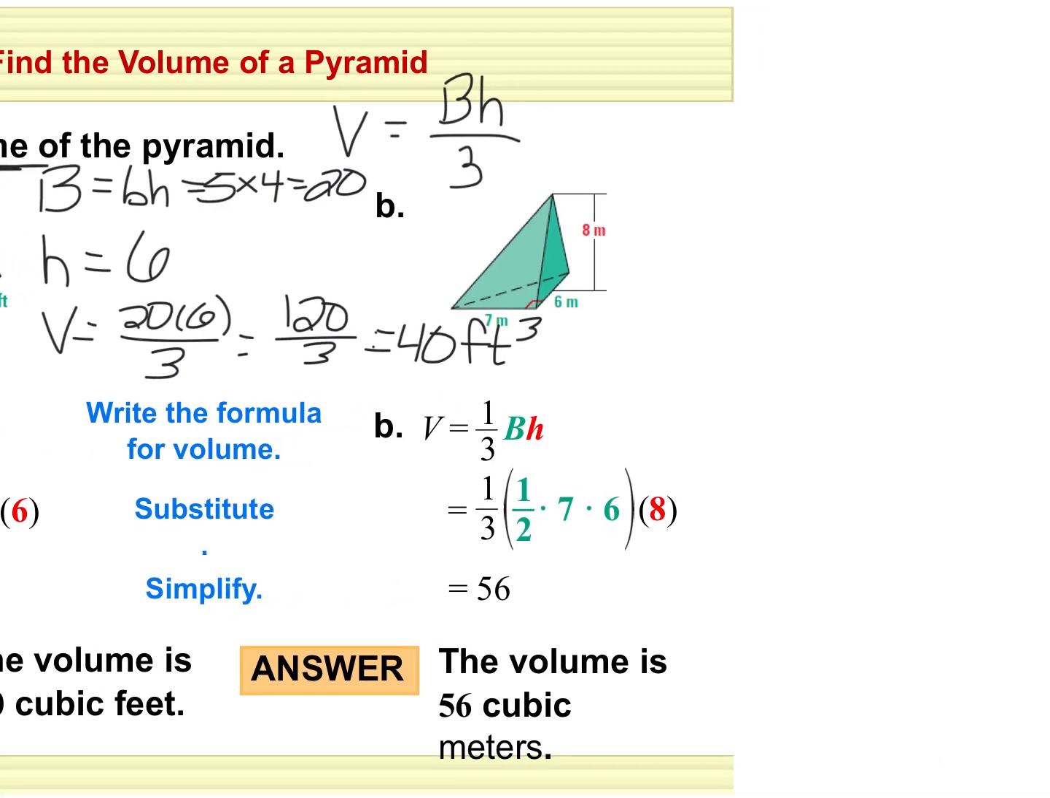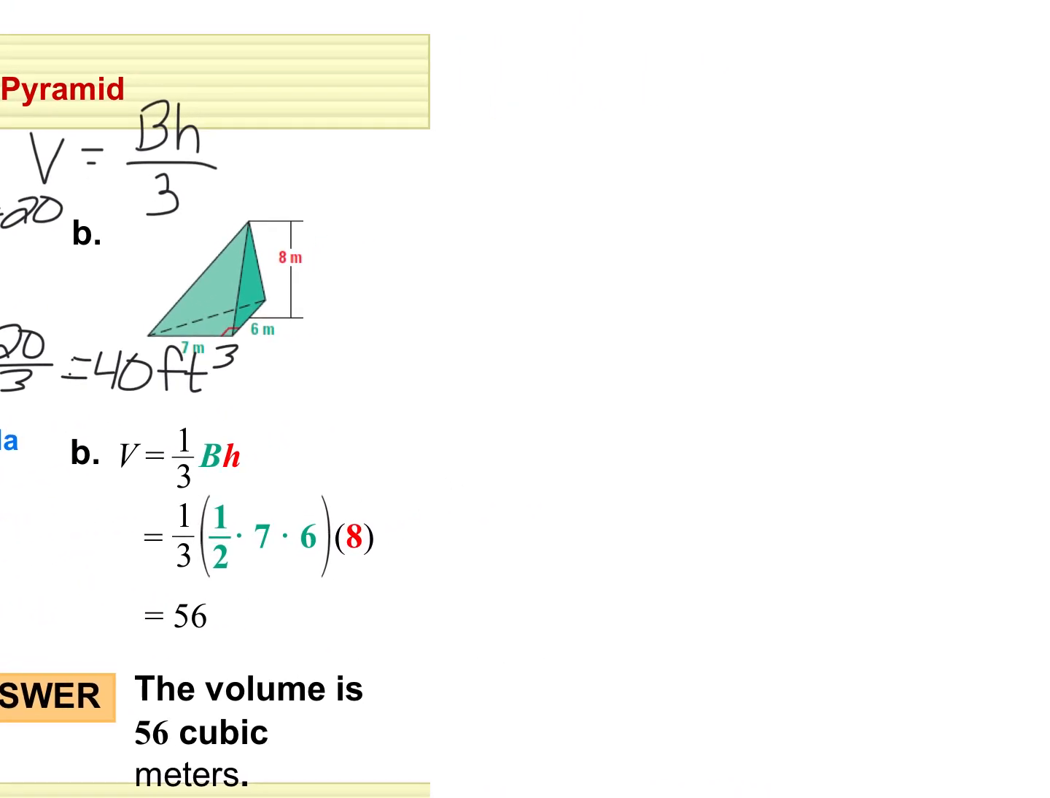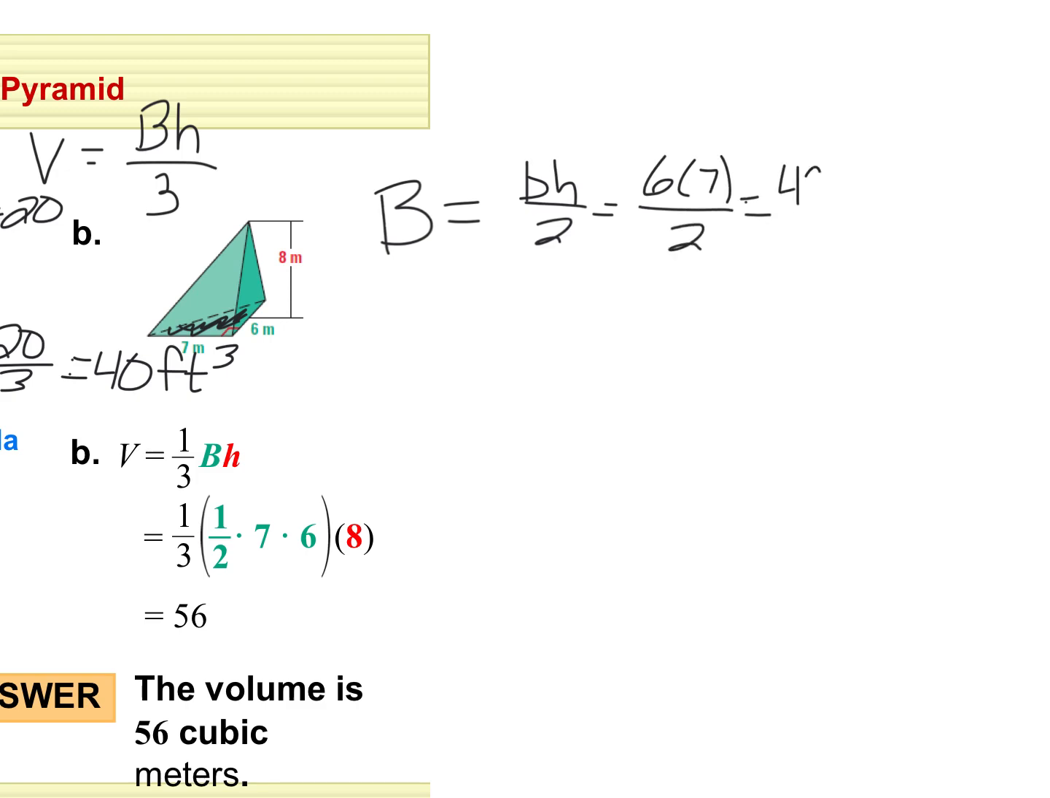Okay. B. We're doing the same thing. What's the base shape on this one? It's a triangle. How do I find the area of a triangle? Base times height divided by 2. Good. What's the base and the height of my triangle? Careful of the base. 6 and 7. So we have 6 times 7 divided by 2. So we have 42 divided by 2, which is